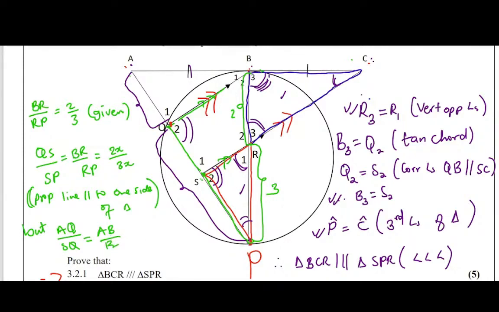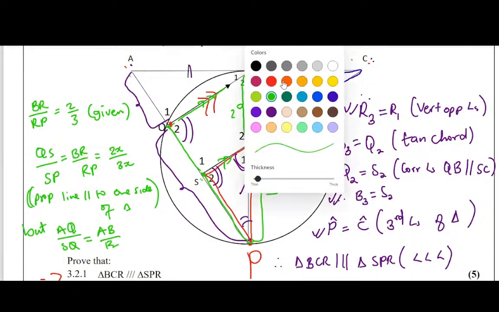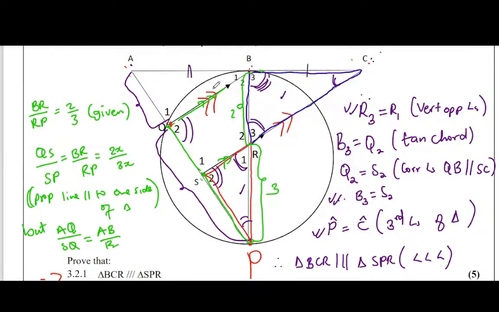Someone will ask now, which triangle are you using to draw that assumption? So I'm focusing on triangle ACS, this one, since these two lines are still parallel. So I'm focusing on AQ over SQ is equal to AB over BC. The reason is still the same thing, the proportionality theorem: the line parallel to one side